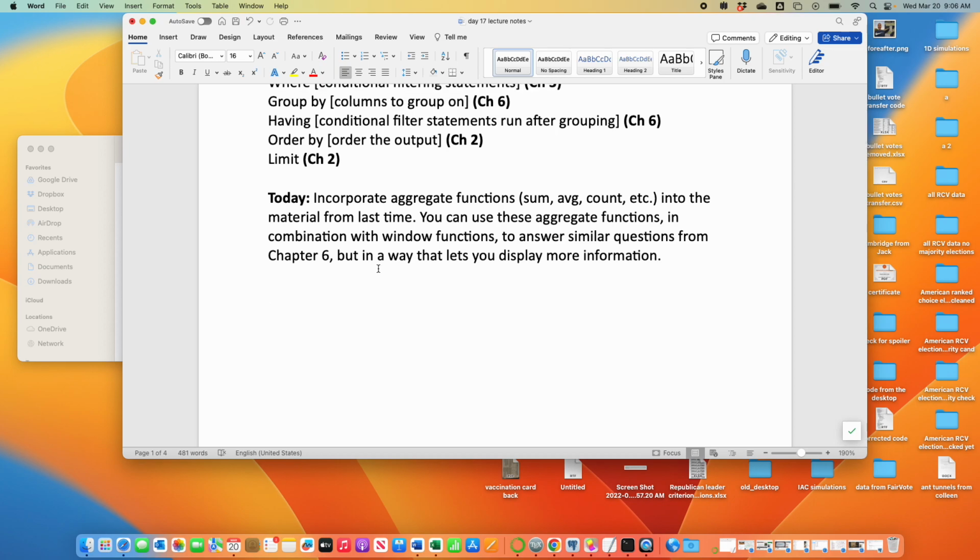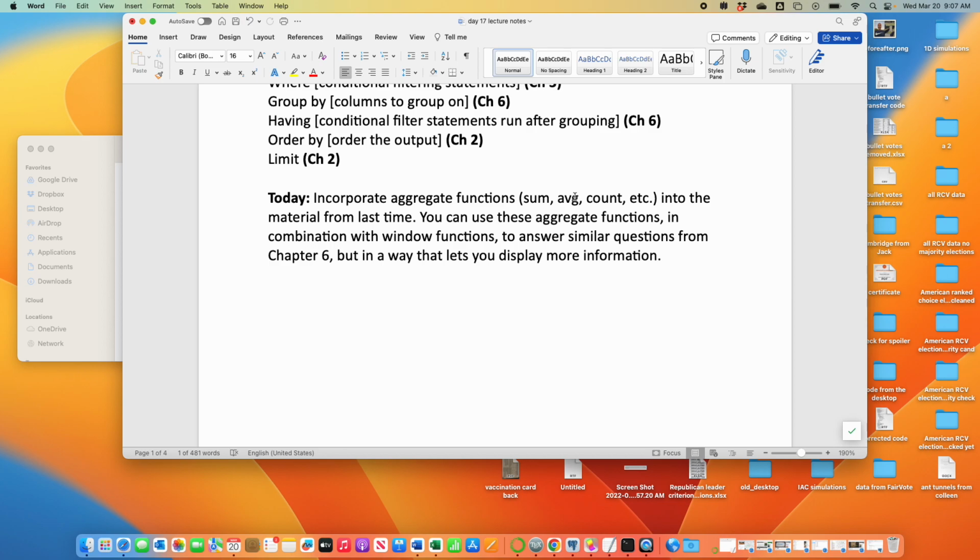Okay, so today and Friday we're going to be talking about some familiar looking terms, sum, average, count, things like that we saw in chapter 6, but now we're going to use them with these window functions, these partition by, over kinds of things. So things like average, you can use without group by or partition by, whatever. You can just use on its own. The homework had a couple problems like that, and we saw some examples like that.